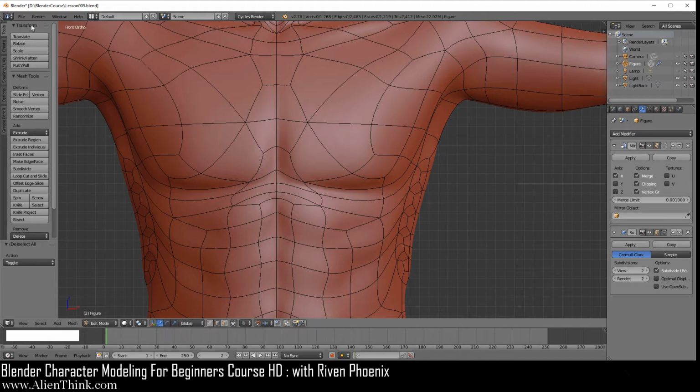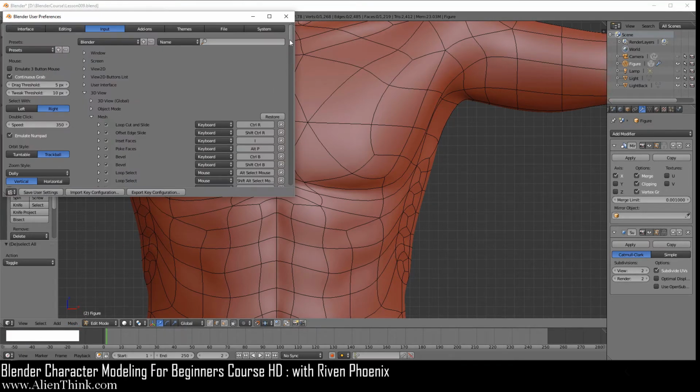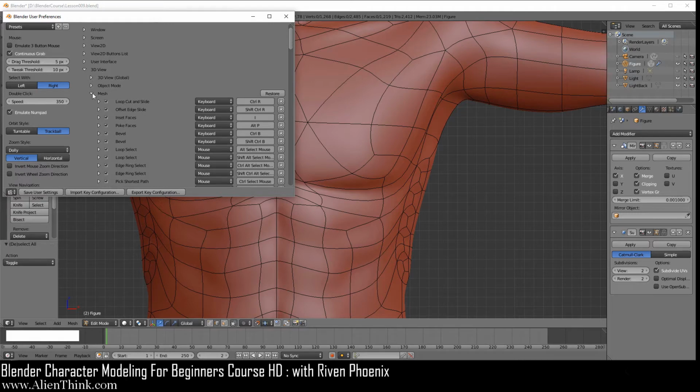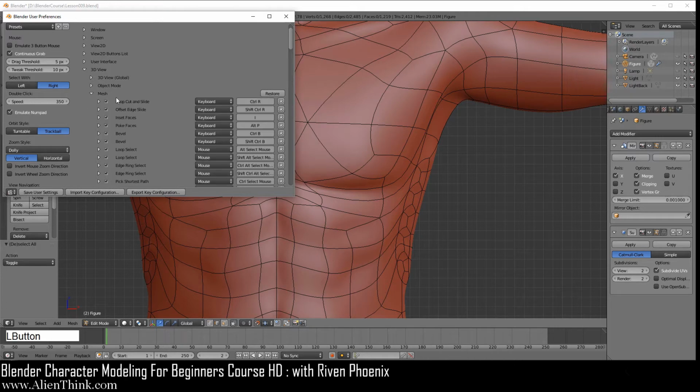So a way around this is that if you go under File, User Preferences, we're just going to scroll all the way down. Now, before I do that, notice that if you do this, it gives you this button. This signals to you that there are custom shortcut keys. So if you click this button, it'll wipe all the shortcut keys out of here. I'm going to expand this.